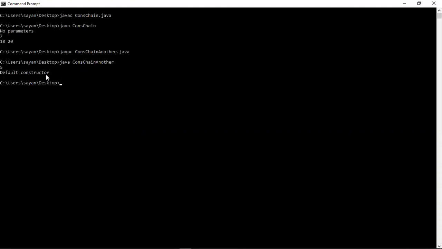That means first the second constructor is executed, then the chain goes backwards, and then the first constructor written there is executed. So it is also constructor chaining, but the chain is going upwards. And in the previous example, that was also an example program of constructor chaining, but the chain was going downwards or bottomwards.